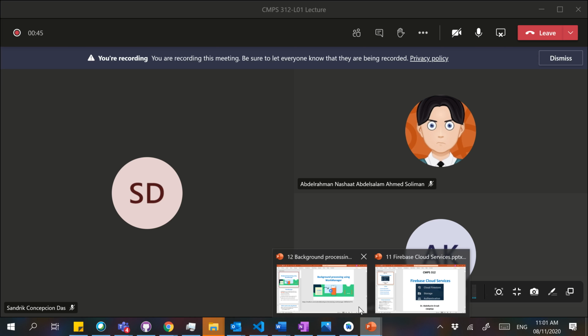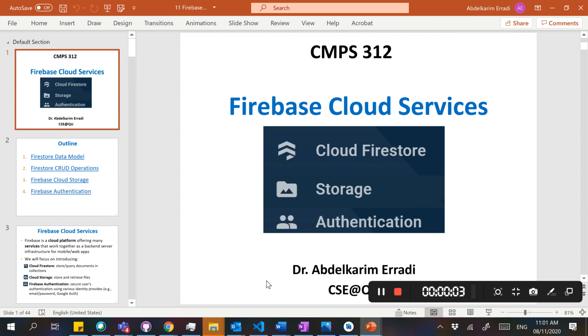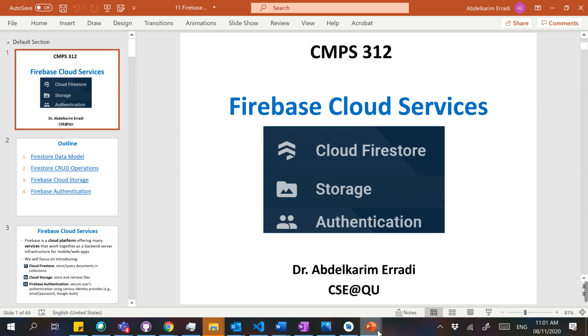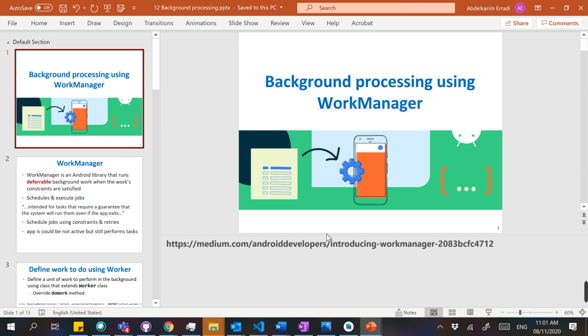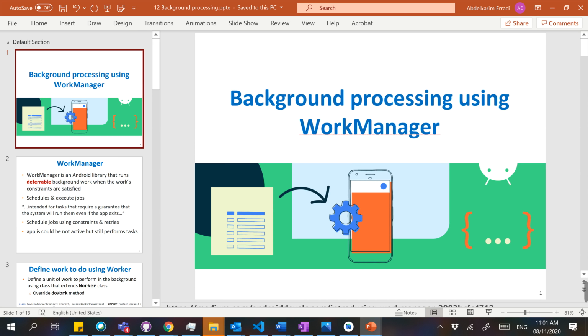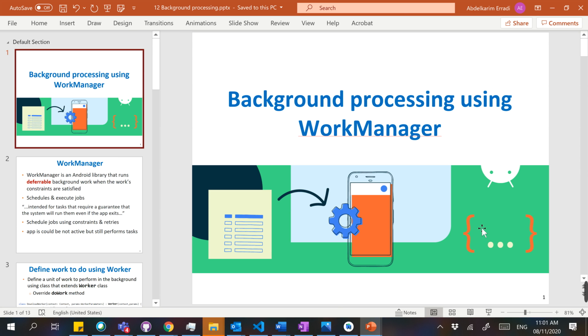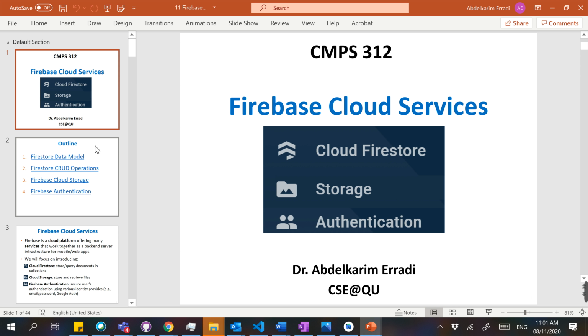So today's session, I want to do two things. A very quick review of what we have done last time regarding Firebase Cloud Services. And then I want to spend most of the session on the new topic, which is background processing using WorkManager. So let's do a quick review here, and also I can answer if you have any pending questions regarding